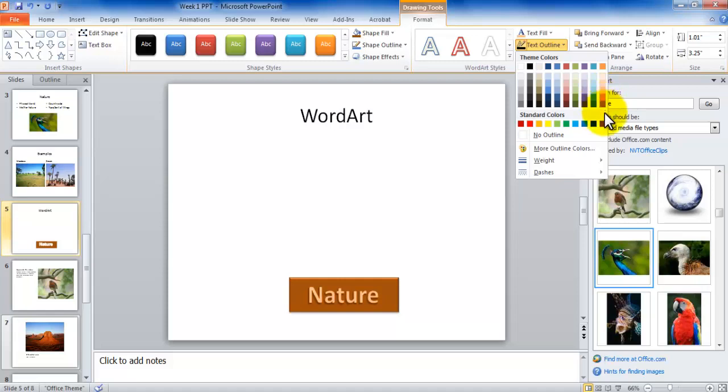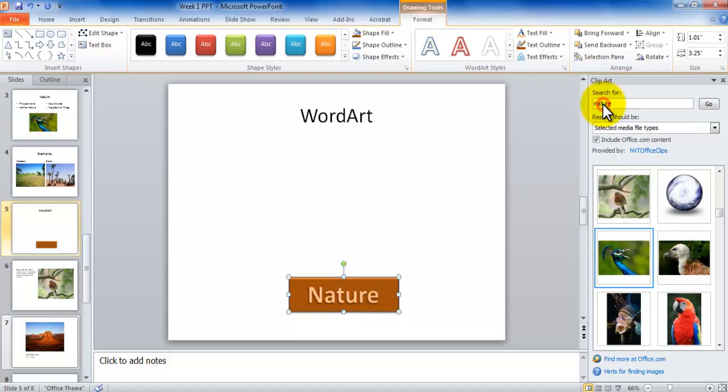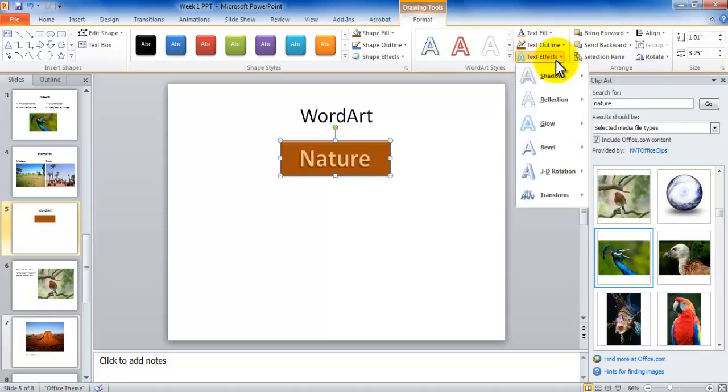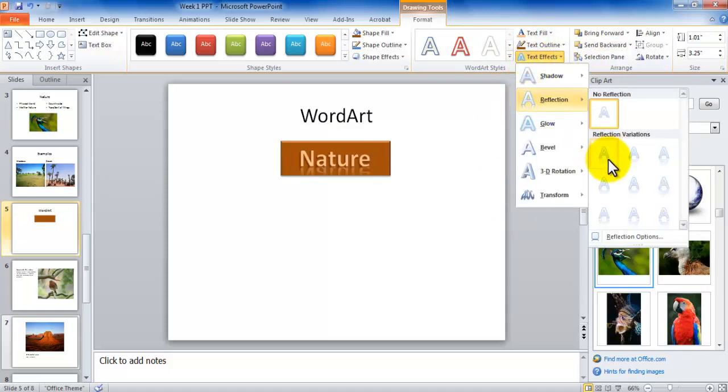And you can see the difference between choosing the same color of the outline as the background versus a different color. Or you can go in other color combinations if you really want the outline to stand out. So all of these things could be done. After I pick the outline, okay, that pretty much makes my text ready. So I have a background picked, filled the color, I have the shape fill, and I have the text outline done. Then I can go under Text Effects, and if I would like to add a reflection to the